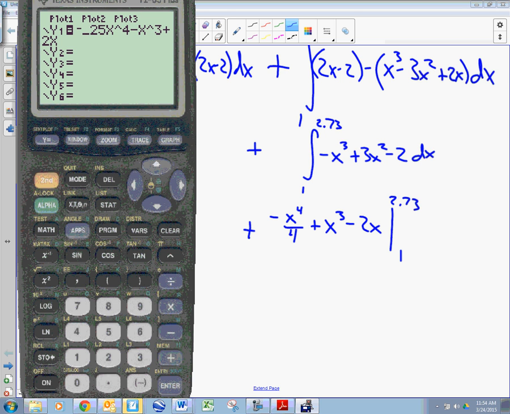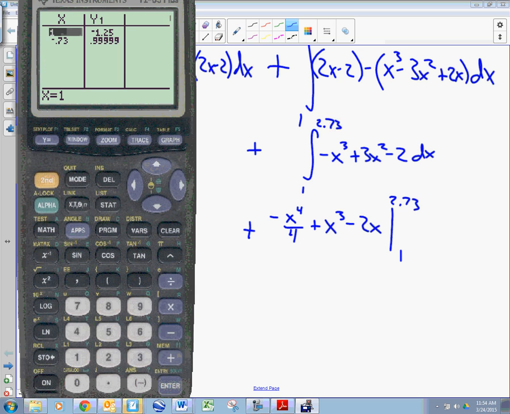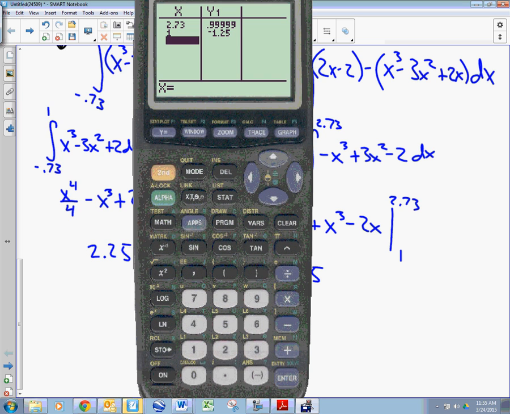I'll insert a negative, make that positive, and make that minus. And we will evaluate at 2.73 and 1. You can see 2.73 gives me 1. Minus negative 1.25 is 2.25. So they are the same. And when we add those two together, we get